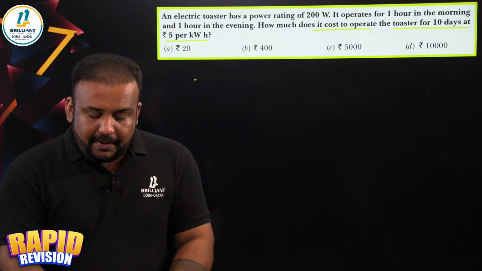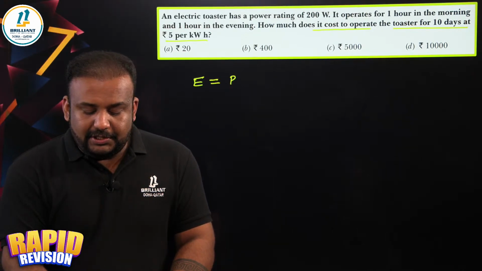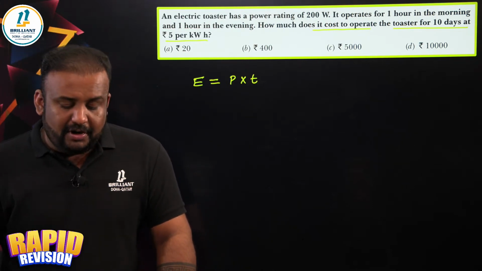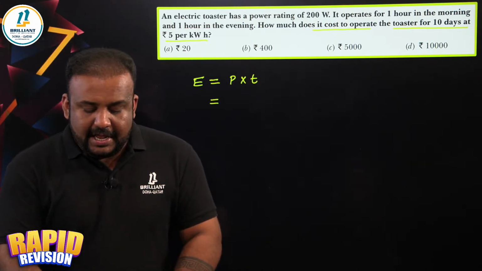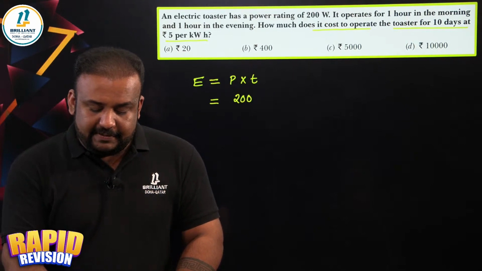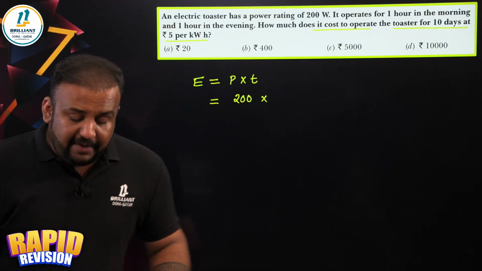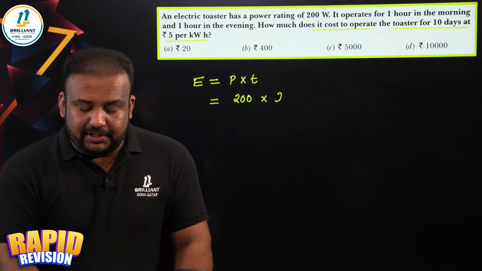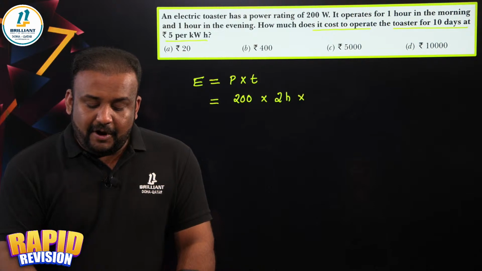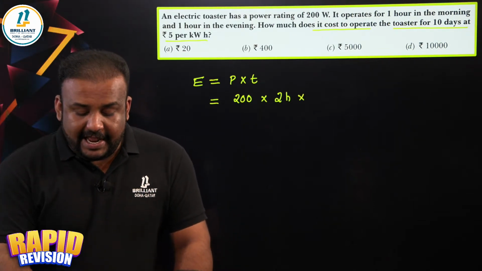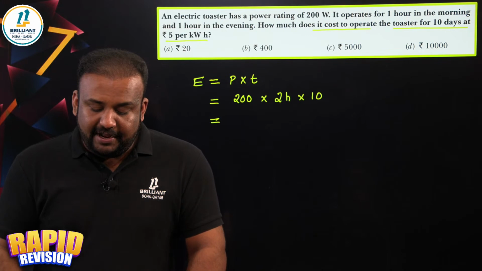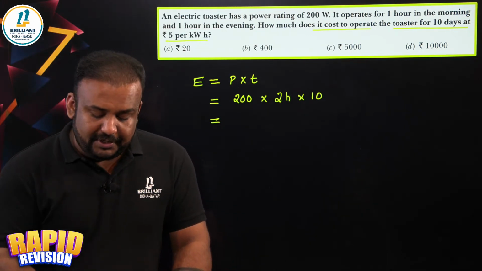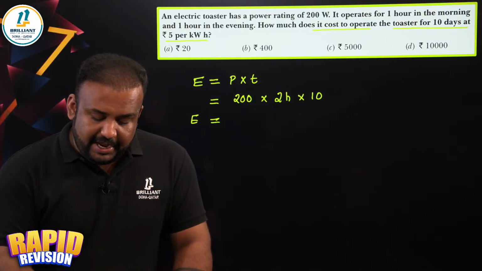So we can use the equation: energy consumed is equal to power times time. The total power times the total time is the total amount of energy consumed. Here the total power is 200 watts and it is operating for 1 hour in the morning and 1 hour in the evening. That means a total of 2 hours it is operating, for 10 days. Correct? So how much will be the total energy consumed? The total energy consumed will be equal to